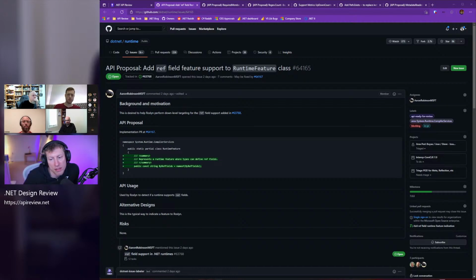I mean, regardless of how we model this in terms of APIs, there's this larger problem that we just don't have a TFM for this anymore, right? The only TFM that we currently have that is basically the shared one is .NET 6, .NET 7, .NET 8, .NET 9. So if we have a situation where a runtime can't support all the APIs, we are kind of screwed